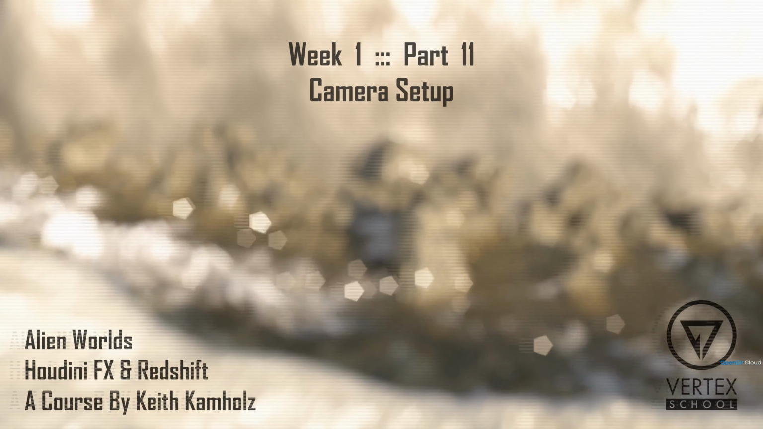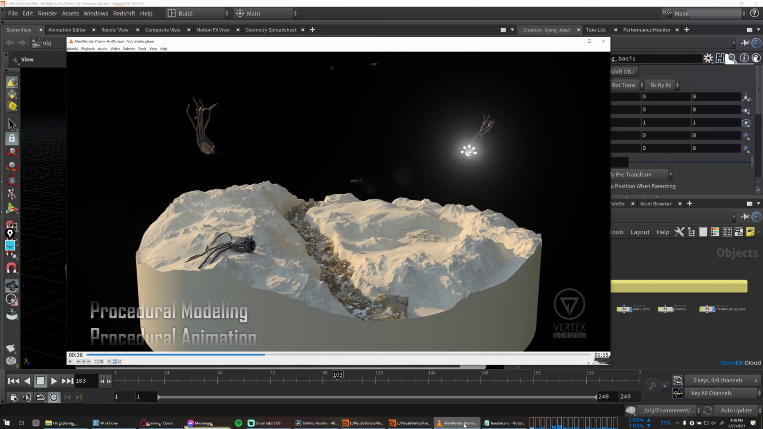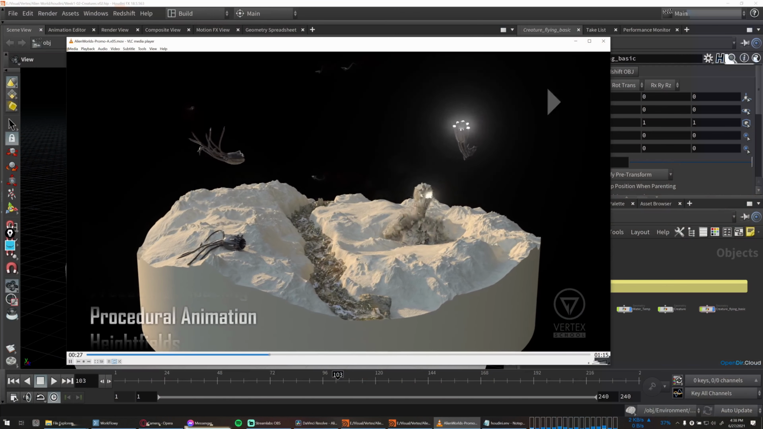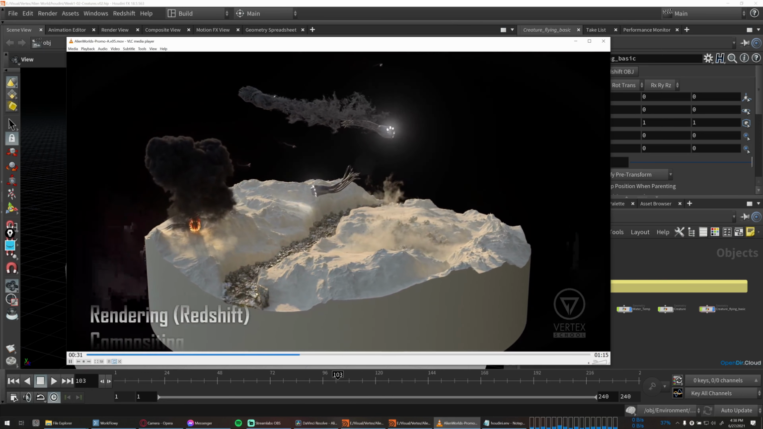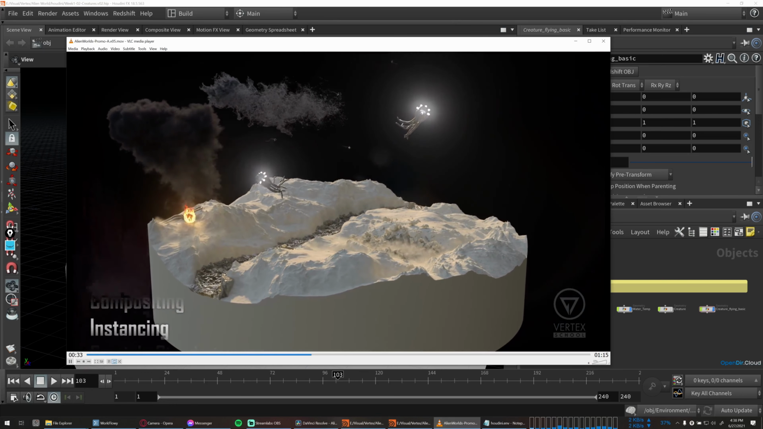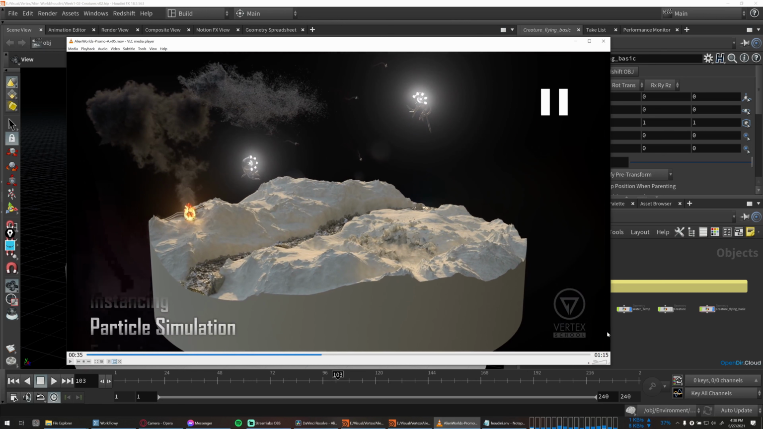Now that we've built all of the elements for this scene, let's start doing some renders. And you can see that I just used a pretty basic turntable style camera for this. I did this for all of the shots in my scene, and the way that I recommend setting up these